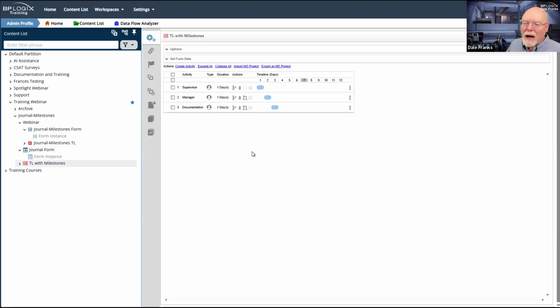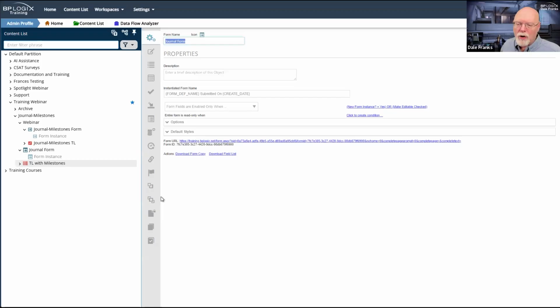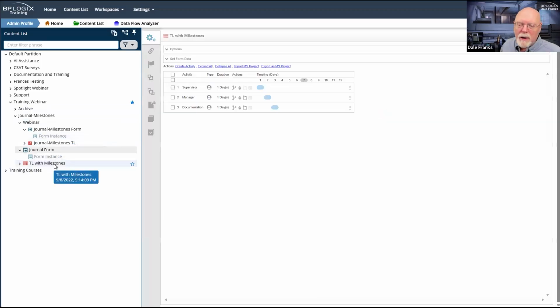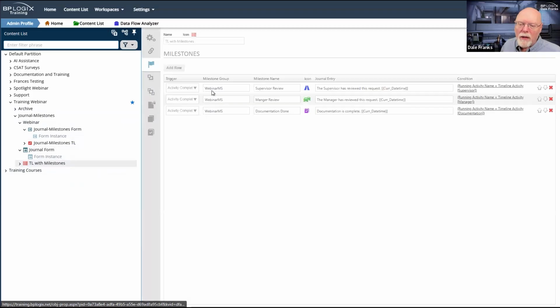And with that, now that I have got everything properly configured and we've seen everything work, I don't think there's much more to talk about for the milestones or the journal control. You just have to be careful whenever you set them up, especially with the milestone group names. Oh, there is one more thing that we do have to talk about with the milestone group names, and it is tedious, and I don't like it, but it is what it is.